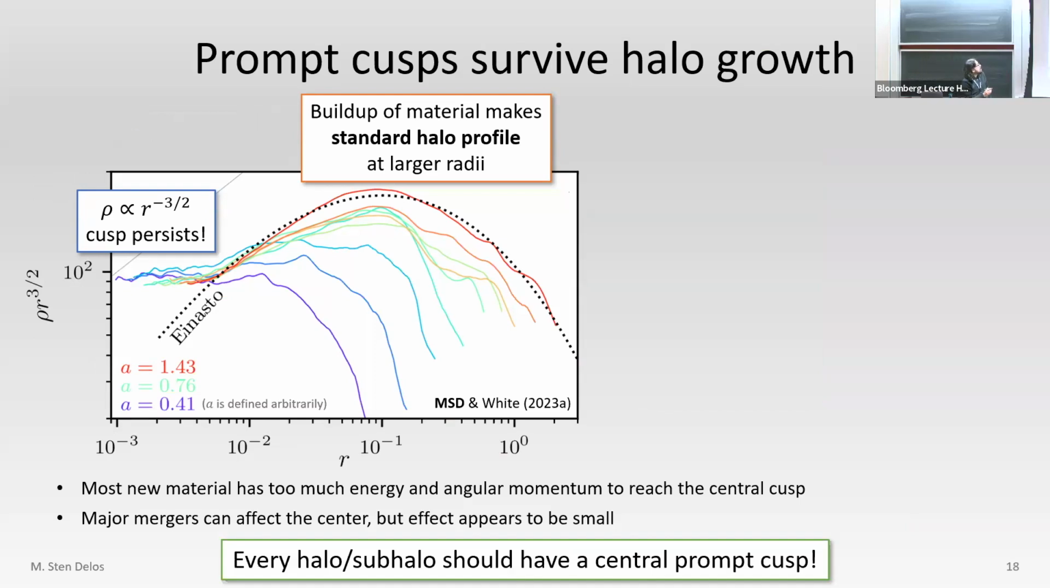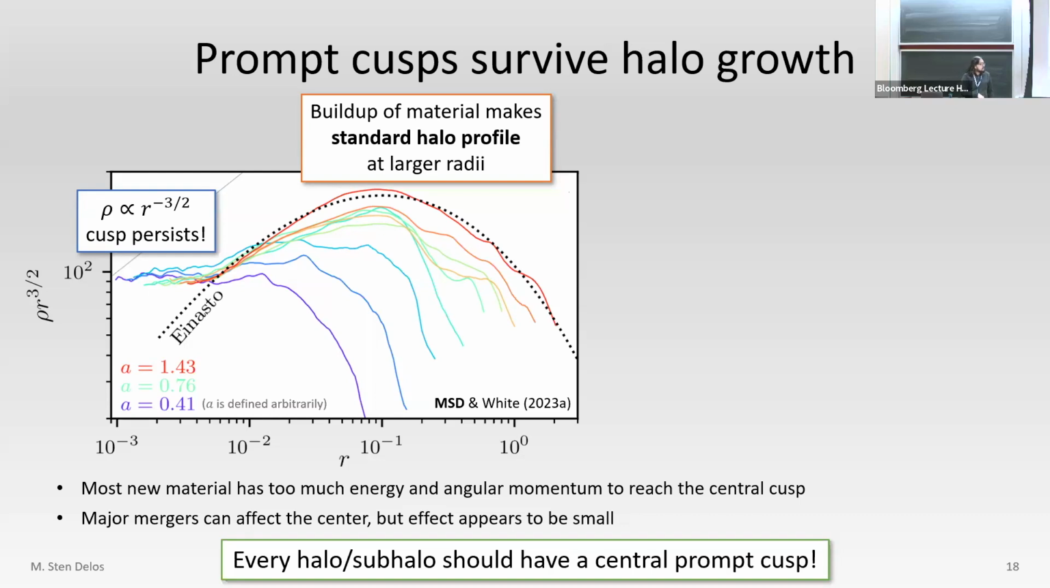as a function of radius, going from earlier times in purple up to later times in red. And what we see here is that there's a buildup of material at these larger radii that makes a standard halo density profile. So this is the Einasto fitting function. But at the center, to the extent that we're able to resolve it, the initial -3/2 cusp is